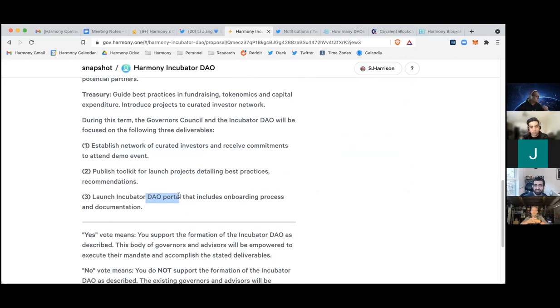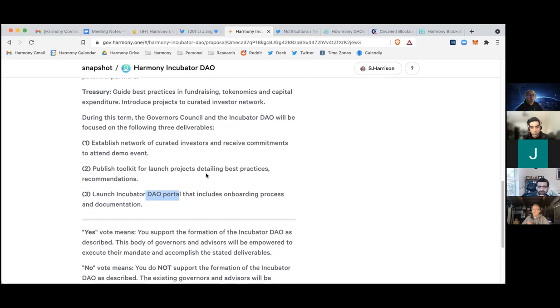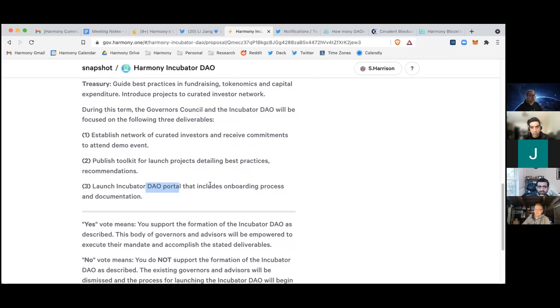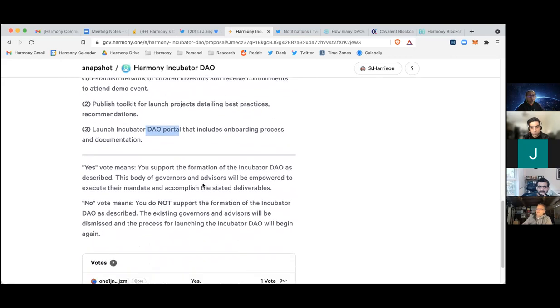One of the things that we've seen across the board is, how do you join a DAO and how do you actually operate inside of a DAO? There are some very interesting best practices emerging to make sure that you have the right group with the right mindset when you come in about how that's going to work. The Incubator DAO is really going to help push that forward. There are many other things we're working on as well, but those are 3 things that we know we can get done in the next 3 months.